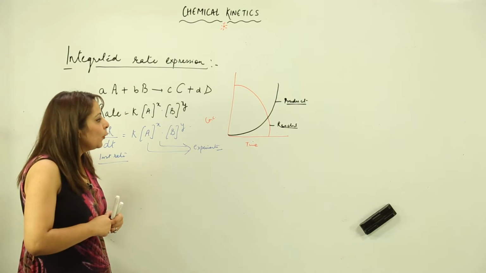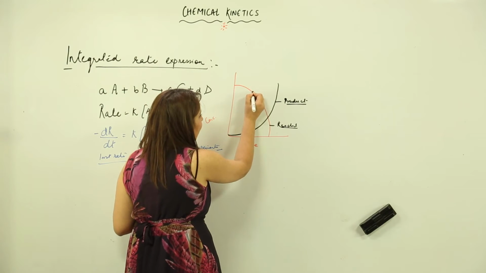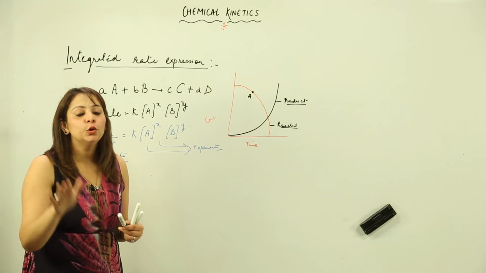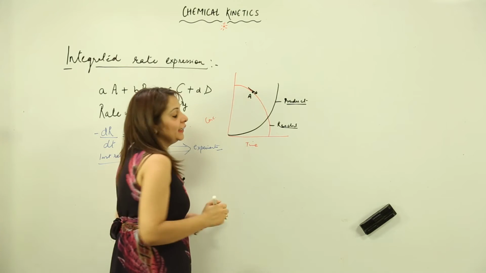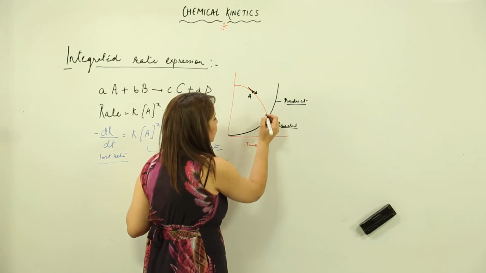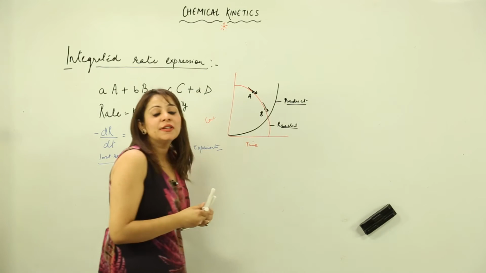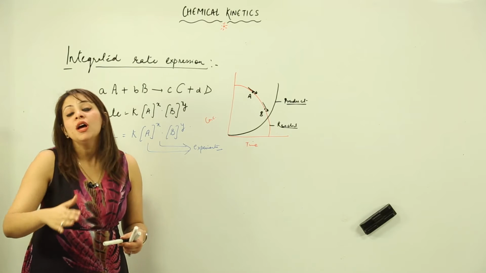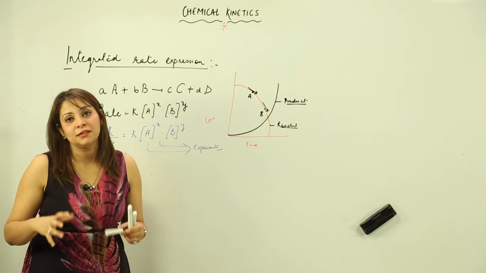As you can see, the concentration of reactant is decreasing with time and the concentration of product is increasing with time. Now suppose I wish to see the rate of the reaction at this given point A, that means I am looking for an instantaneous rate. You know that for instantaneous rate we need to draw a tangent, right. And likewise if I want to know the rate of the reaction at this point, I have to draw a tangent again. So for knowing the instantaneous rate we need to draw tangents, and you know that drawing a tangent and finding the instantaneous rate is a big task, right.